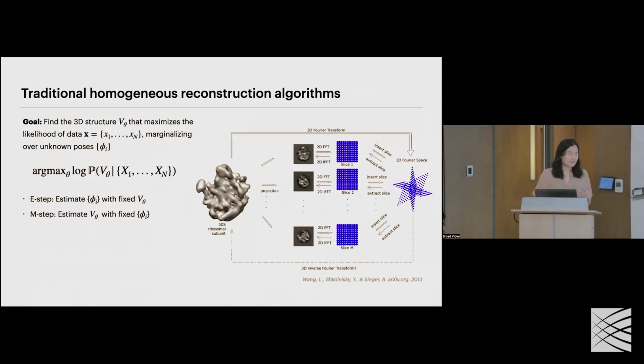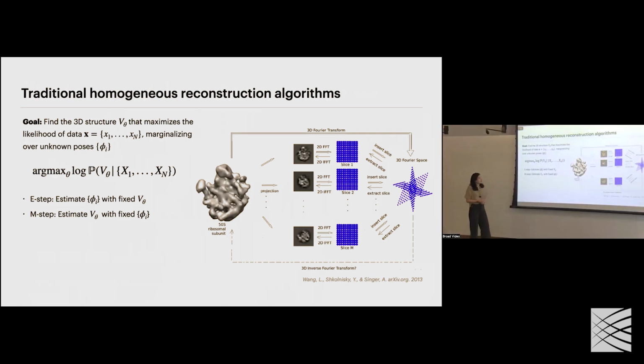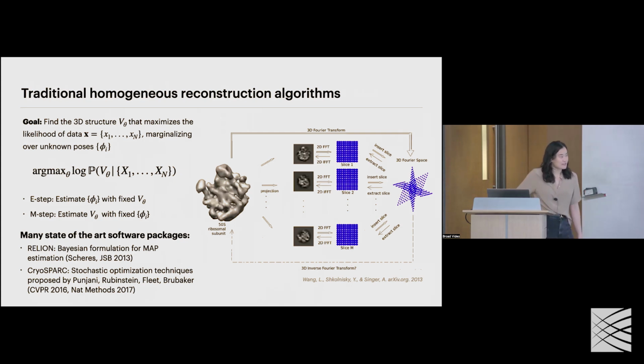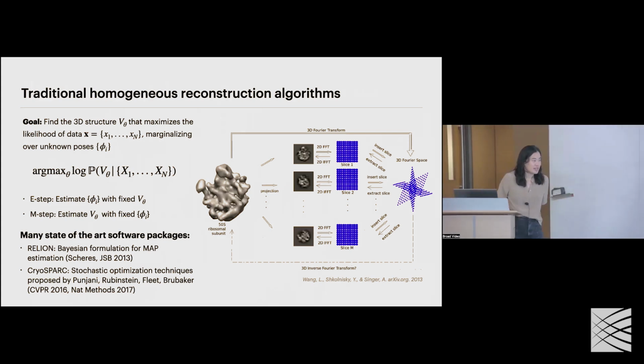And then that gives the intuition for how these iterative EM algorithms work. Given some initial volume V, you estimate your poses. Then given those poses, you re-estimate the volume and rinse and repeat until convergence, ideally to the global minimum, although there's a lot of challenges with that. And Rish already gave an overview of these state-of-the-art software packages for doing that, namely Relion and